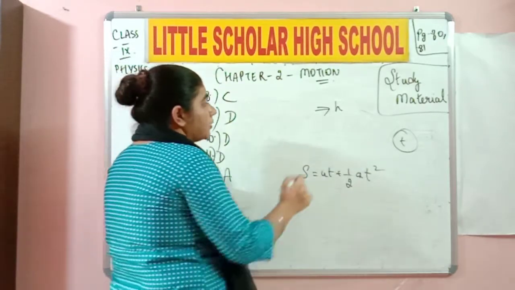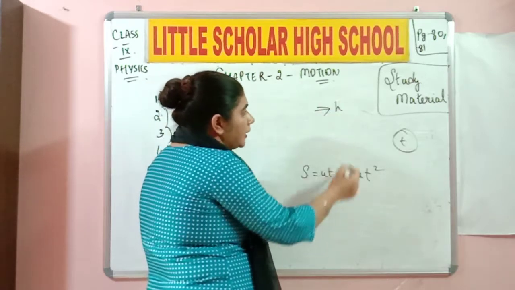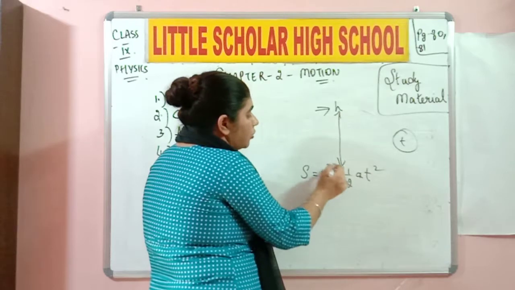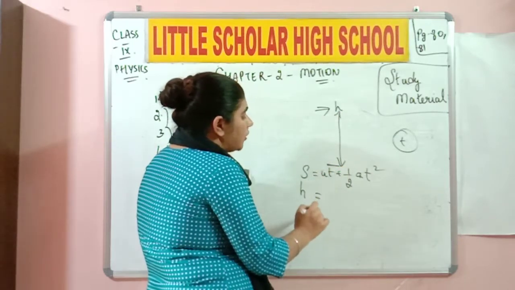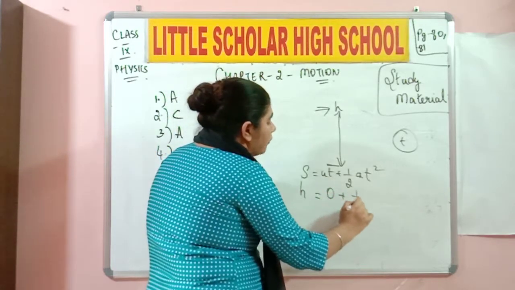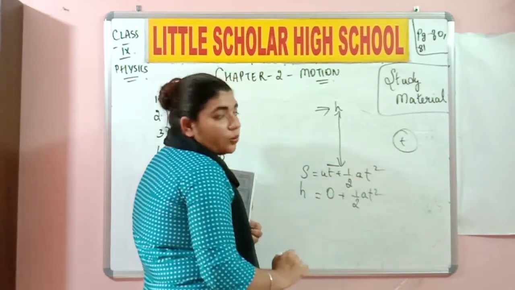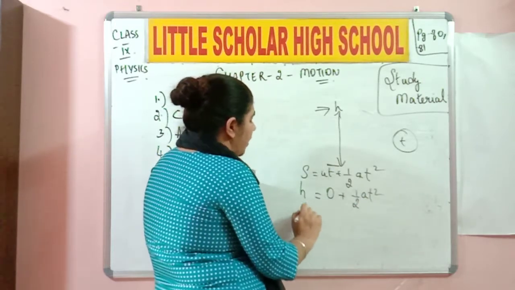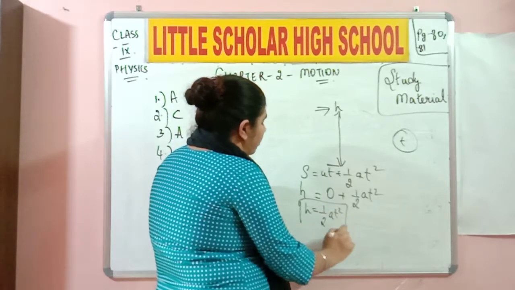Now when the body is thrown from height h, what is going to be the distance? It needs to completely cover height h, yes or no? It needs to completely cover height h to reach the ground. So the distance traveled is going to be h. The initial velocity is going to be 0. So 0 into t is nothing but 0, plus half a t square. T is given as t over here, so there's nothing to replace in this. So h is equal to half a t square. This is what you need to remember.